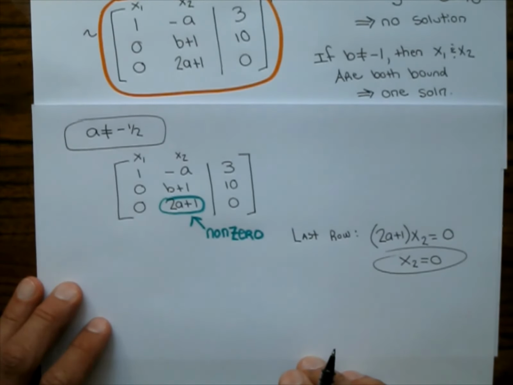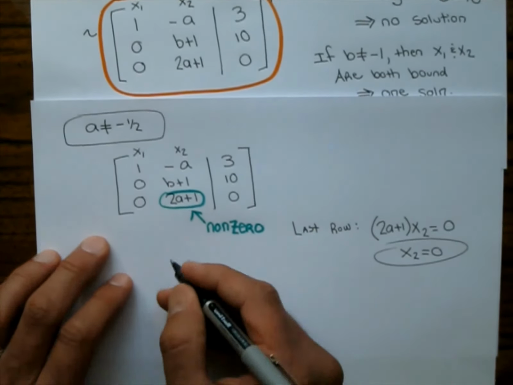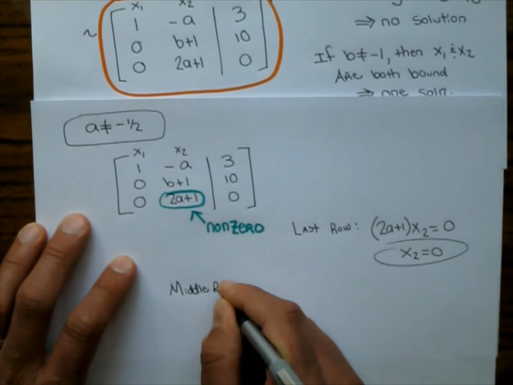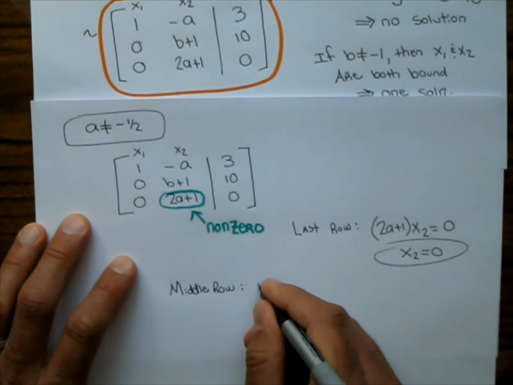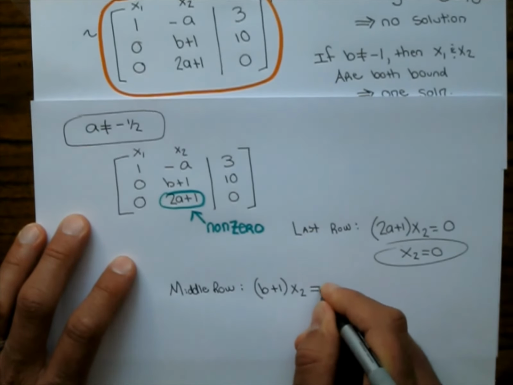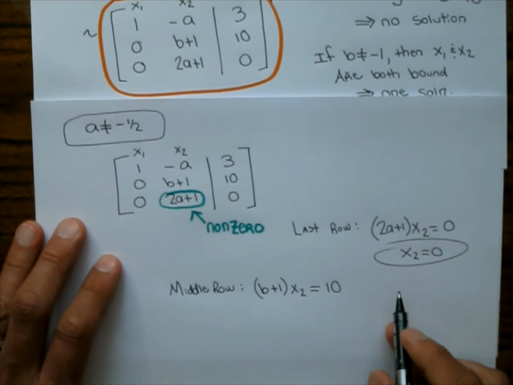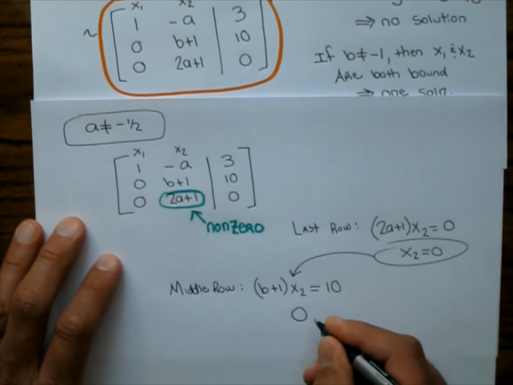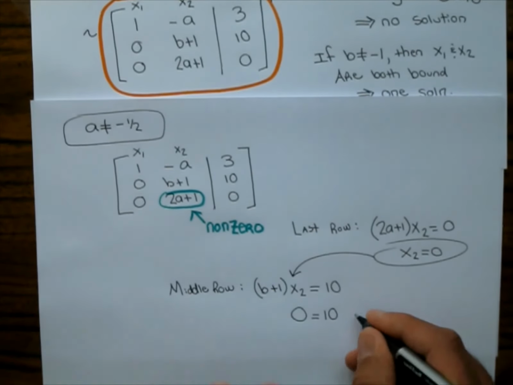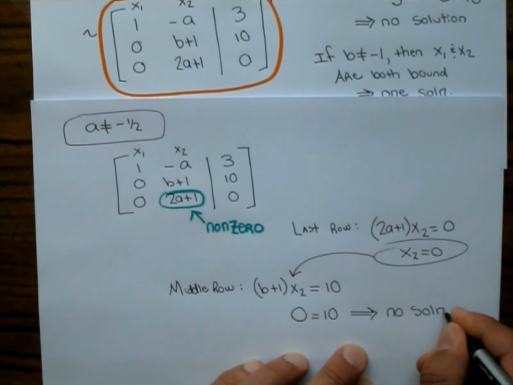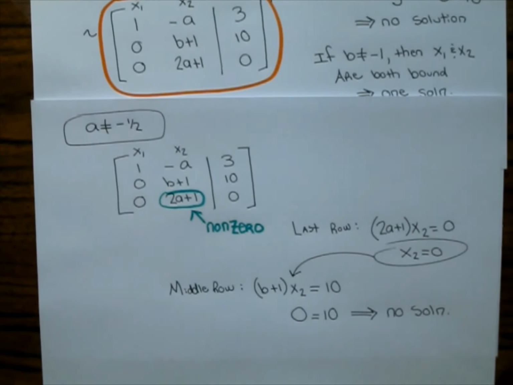Well, from the middle row, you have b plus 1 x2 equals 10. But if x2 equals 0, you end up getting 0 equals 10, which gives you what? No solution. Wow, so there was a lot of logic here,